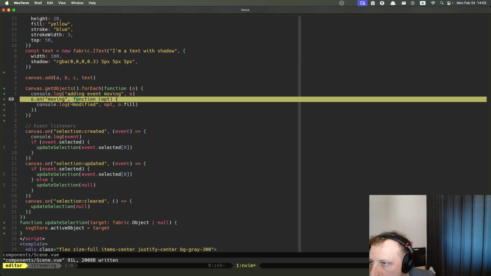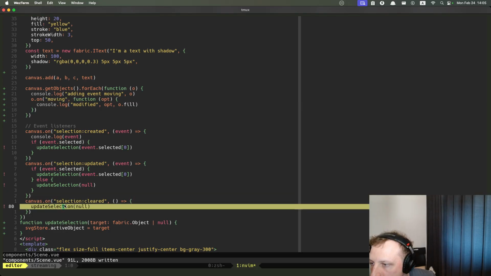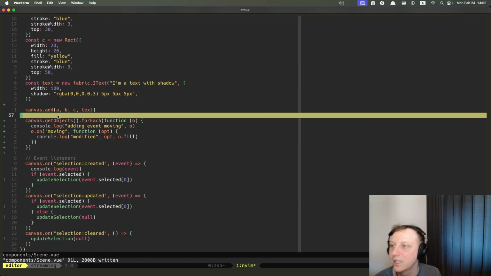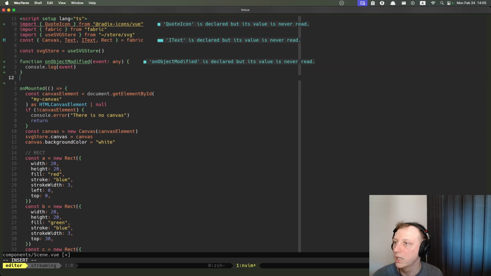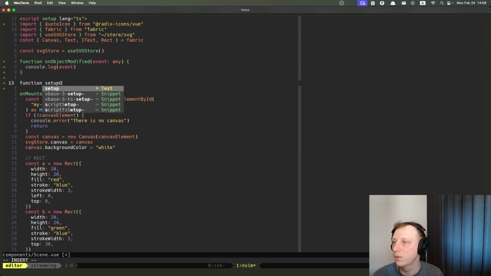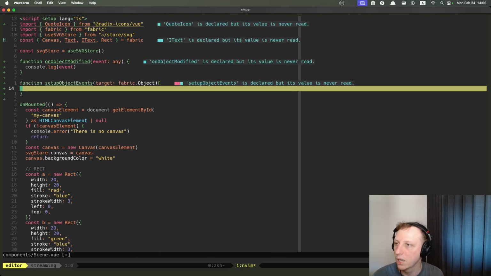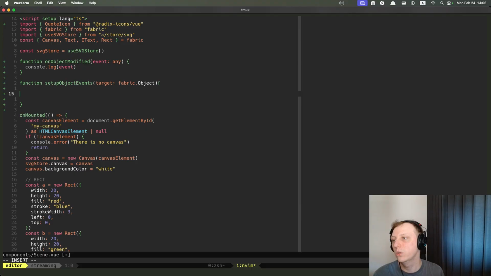but we are going to add them basically for each one of the elements. So the update selection, we are going to keep it like this. When we are adding some elements to the canvas, we are going to have something called, I don't know, function setup object events. Now the thing is, we need to do all the events for every object, meaning that I think that having a target fabric object, that definitely should have something. We are going to have a set of events,